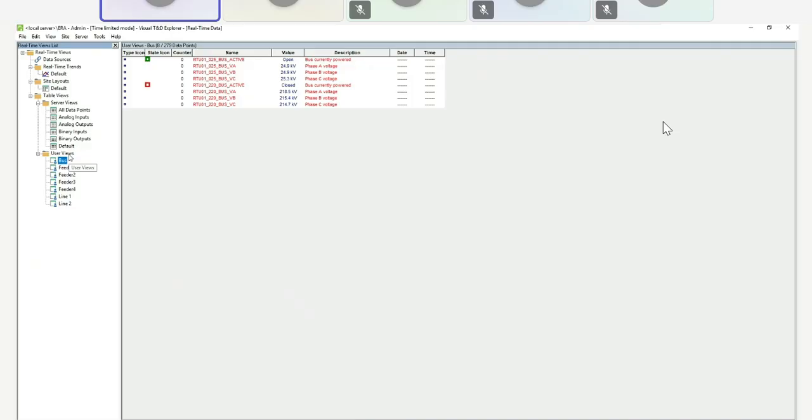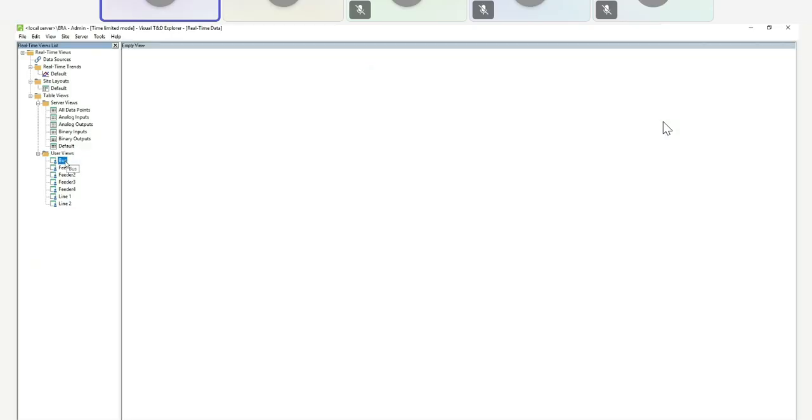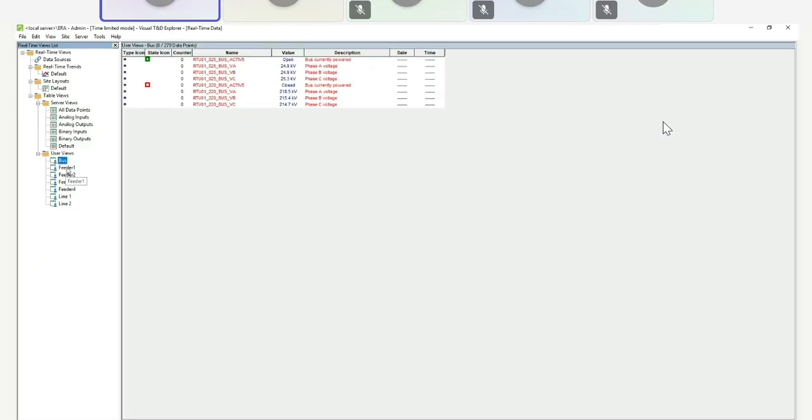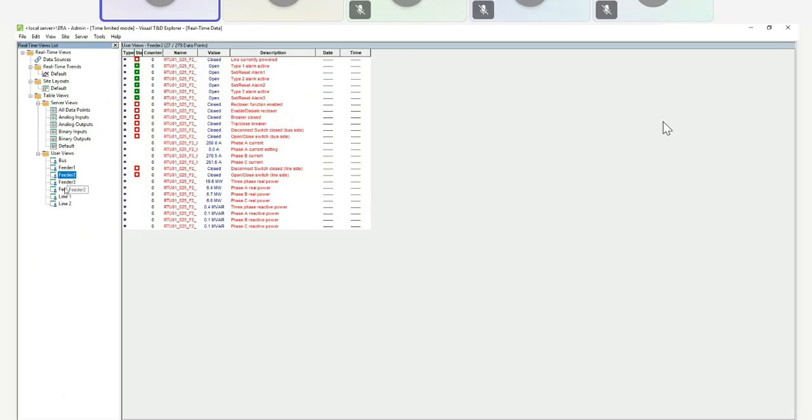So now I've created my own views. I've grouped my points per bus, per feeder, per line.